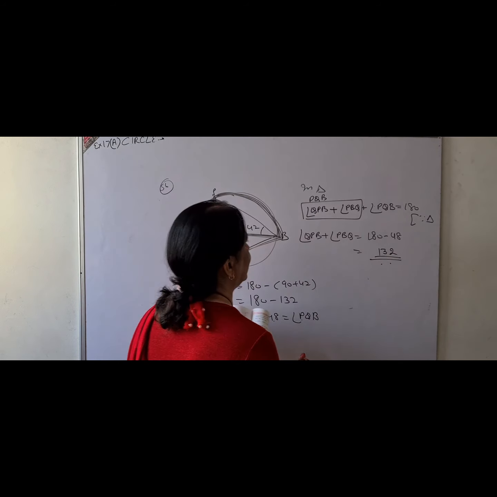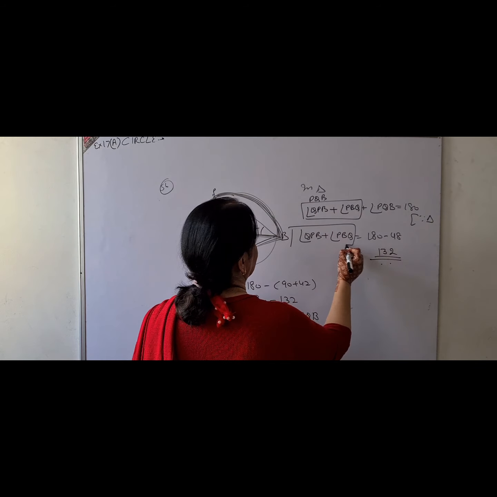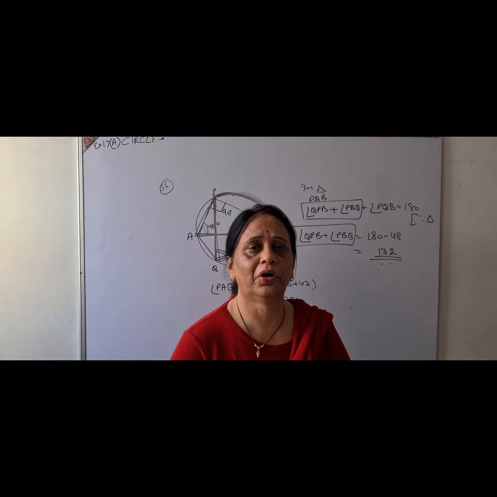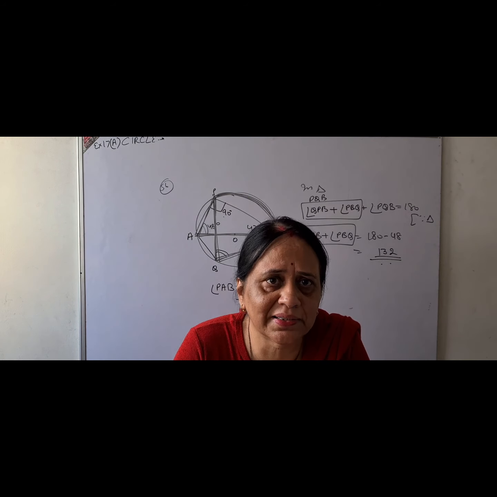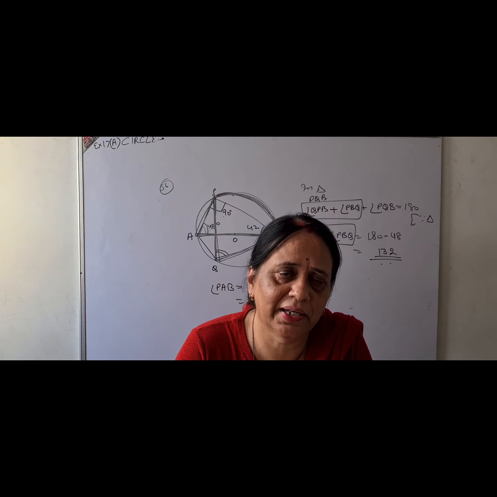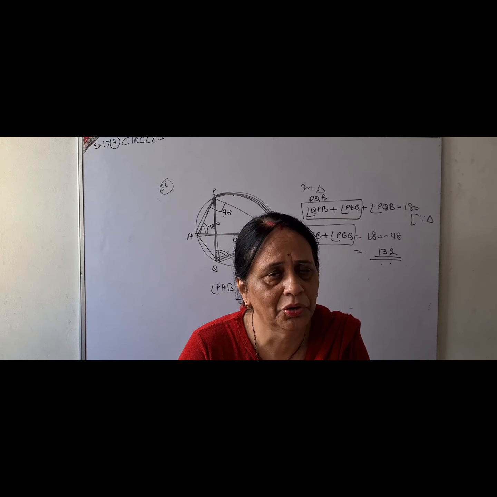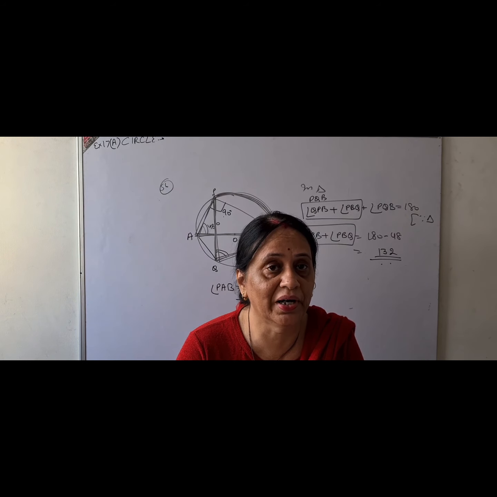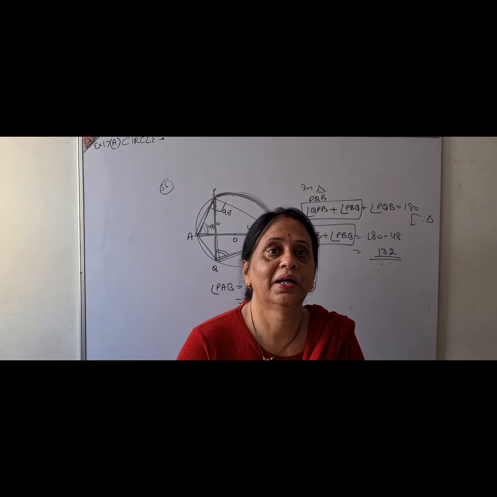130. Because you have to find the sum of these two angles together, I did not want to find the angles separately. I take the sum of all the three. One I know, the rest two I will put on the left hand side, because they want me to find the sum of both the angles together.